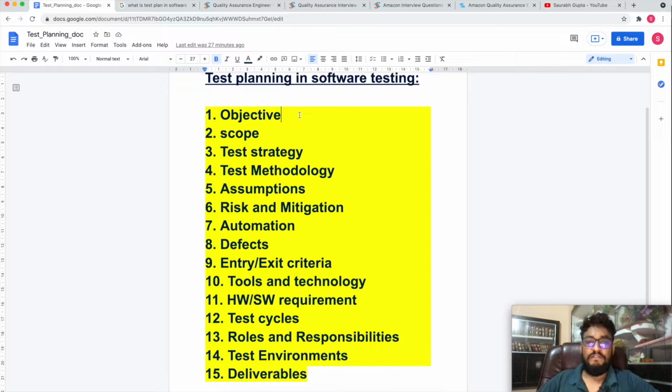The sixth point is risks and mitigations. For every kind of testing, risk is involved, right? So if there are ways that risk is occurring, then there should be ways we can mitigate it in the testing process. Suppose there are 5 members in a team and one of the members switches teams.